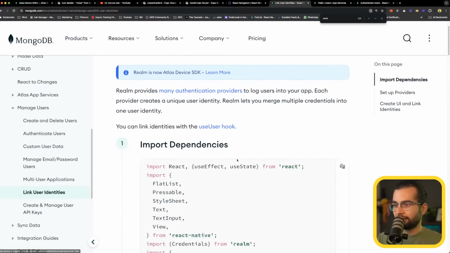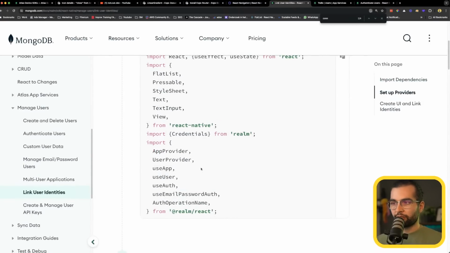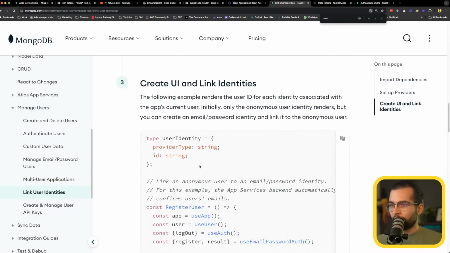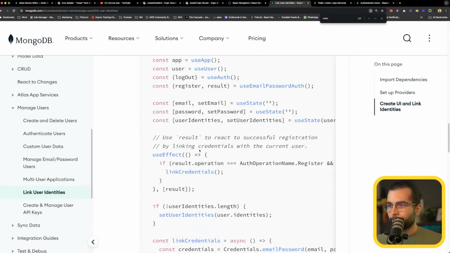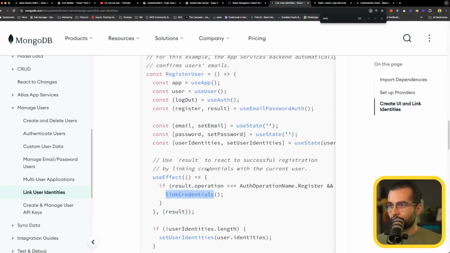Link user identities. Linking user identities is a way to link different identities to the same account. So a user can, for example, sign in as a guest, with email, and also with Google, Facebook, and so on, and have the same account. So I think that works by using the link credentials